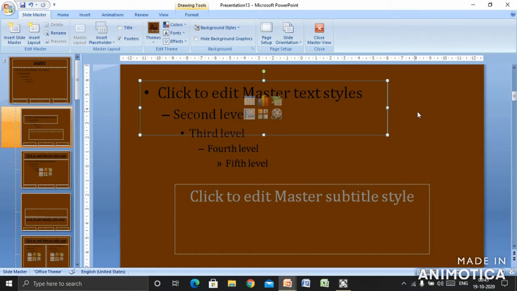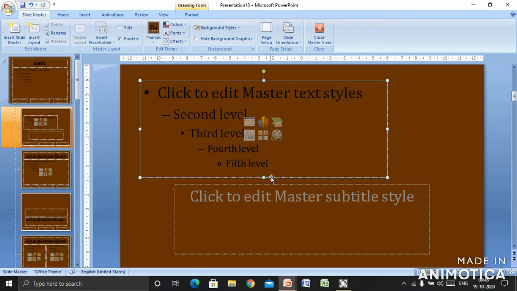This way I have dragged. Now see here, whatever you want to write, you can write here. So this is about deleting and inserting the placeholder in your slide. Now suppose if you want to change the layout.